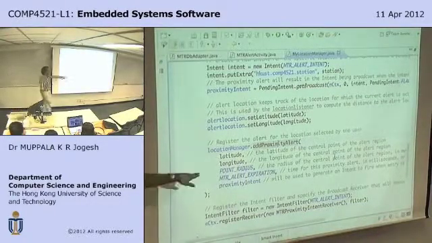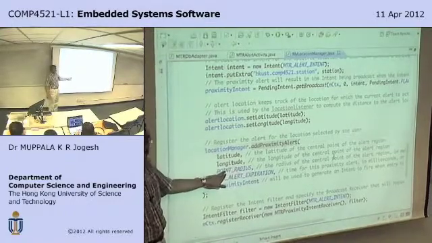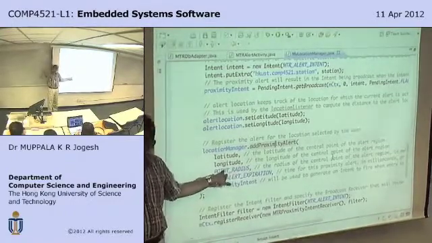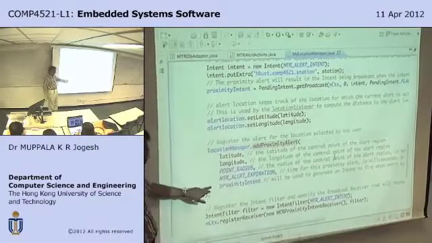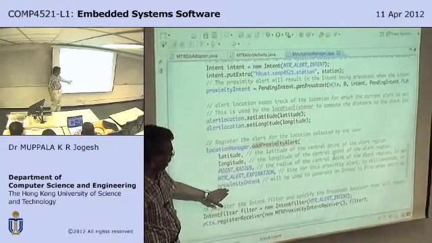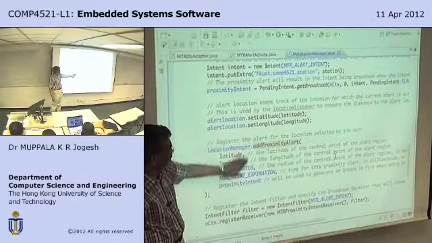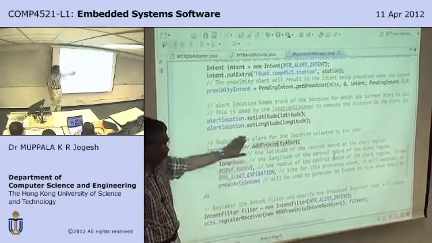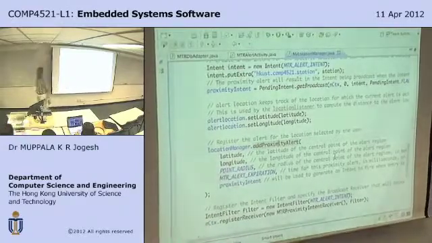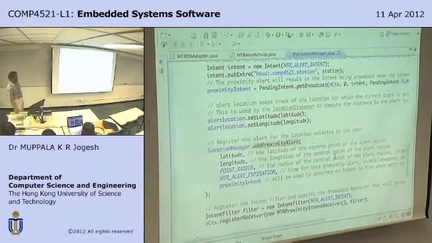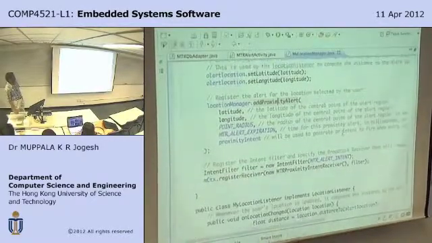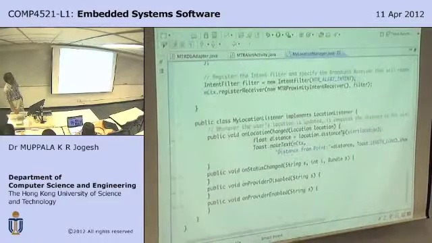The third parameter is the radius around the point within which I will consider the proximity alert, and I supply the proximity intent here. So this is what causes the intent to get fired within my application. Okay, and also